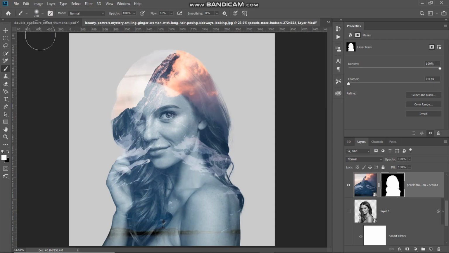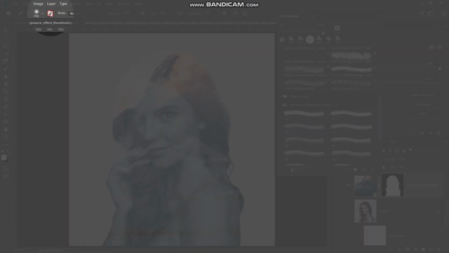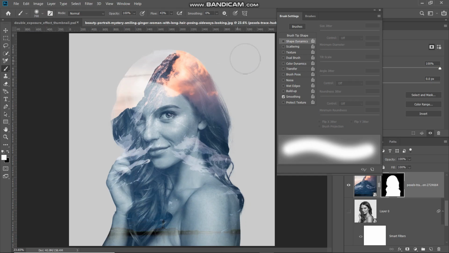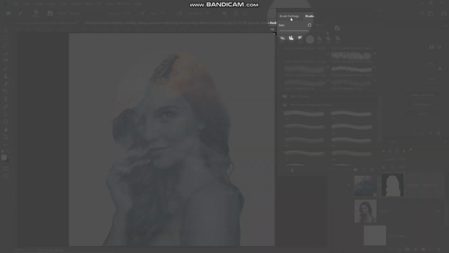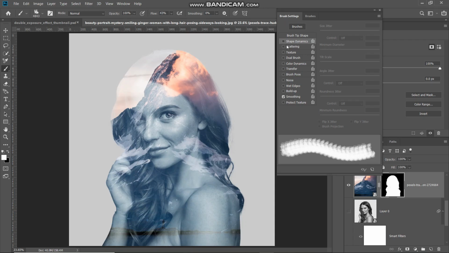and then click on the toggle brush panel icon over here, and then you need to go to the brushes section in the pop-up. Now in the brushes section, you need to select any smoke brush of your choice. Download link for the smoke brush I am choosing is in the description below, and then again go to the brush settings option, and then you need to select this shape dynamics option. And then you need to set the value of the size jitter to somewhere around 20% and then set the value of the angle jitter to somewhere around 100%.